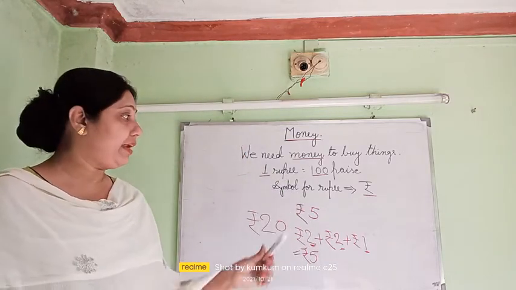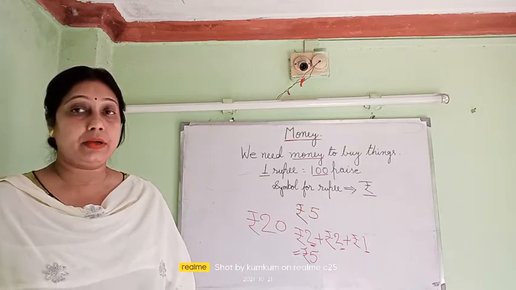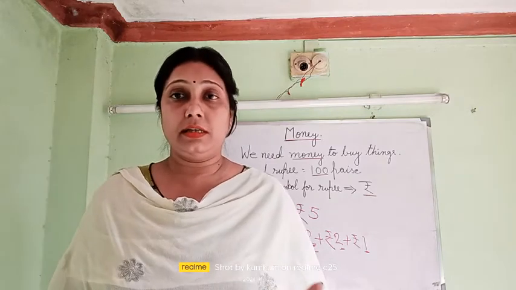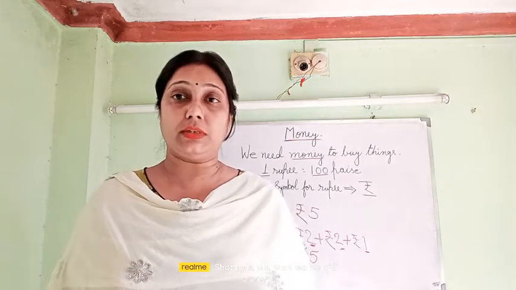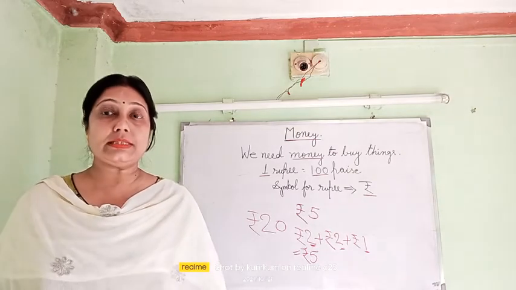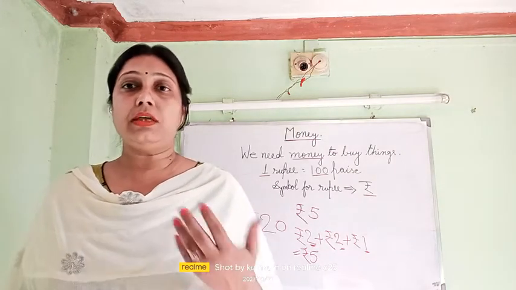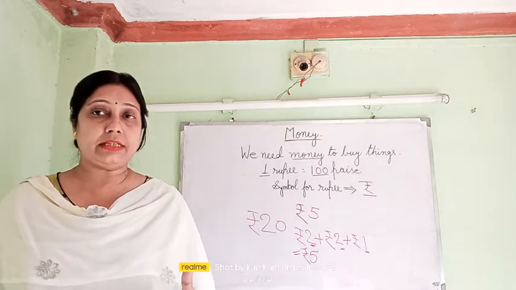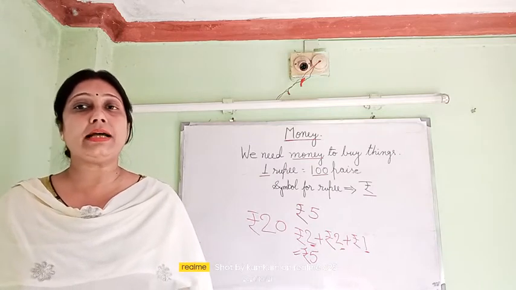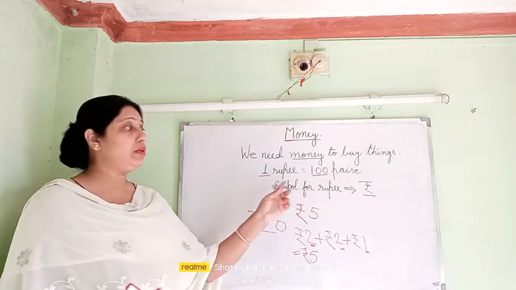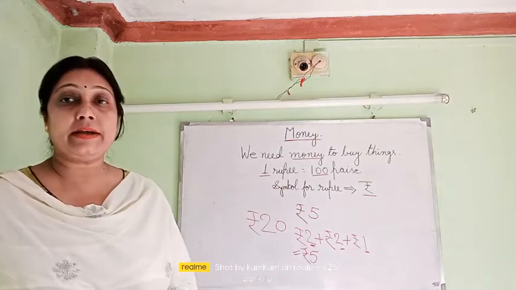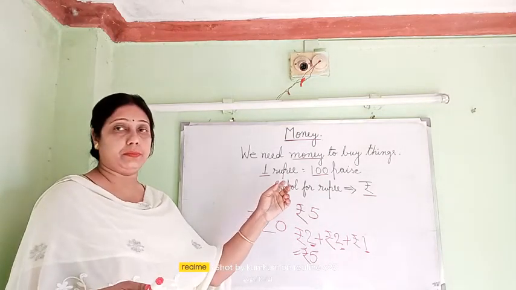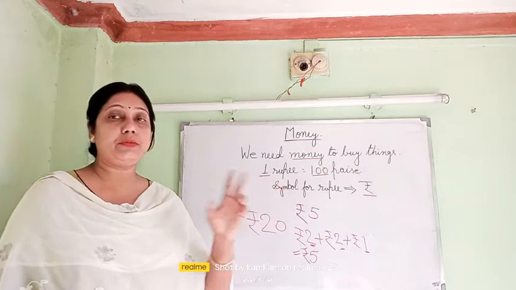So these are the very basic things you have to remember, because any fill in the blanks may come. Suppose I am asking you, in what ways is Indian currency found? So you have to tell that Indian currency is found in rupees and paise, and we use both the forms, coins and notes. Rupees have greater value, paise have less value. That means until it becomes 100 paise, we will not take 1 rupee. Suppose you have taken 100 paise to the shop, that means you have taken 1 rupee to the shop. So 100 paise and 1 rupee, both mean the same.